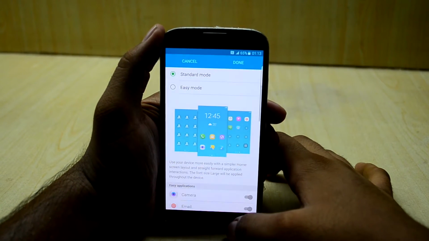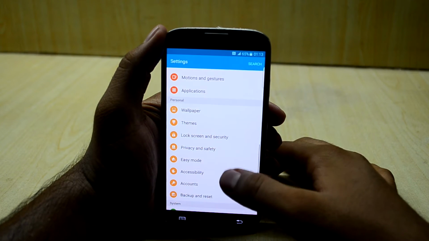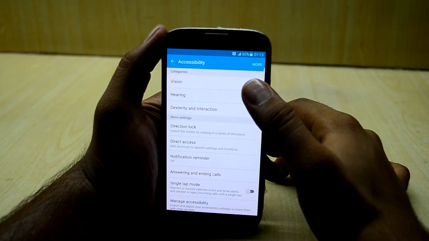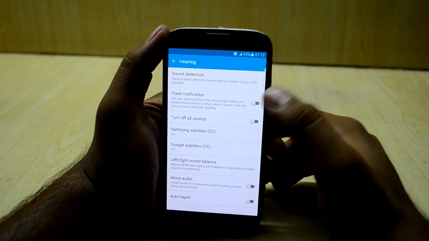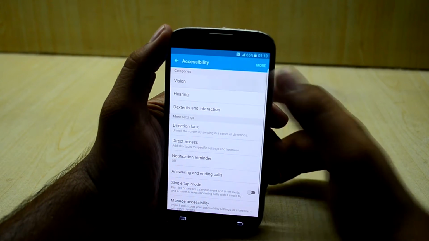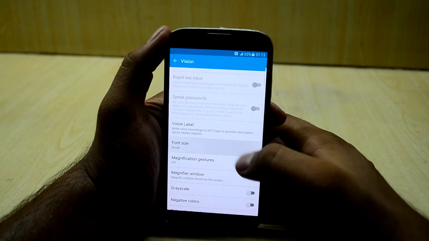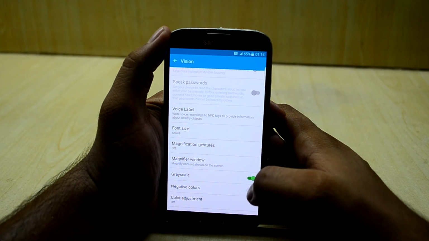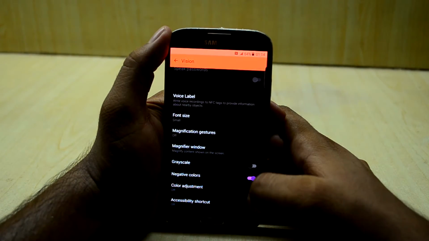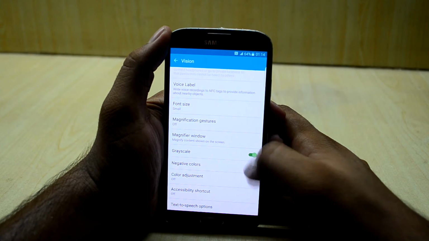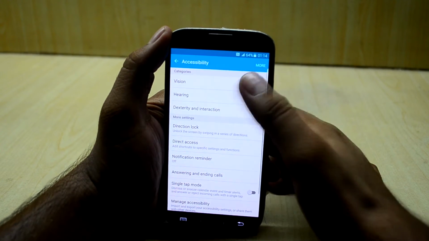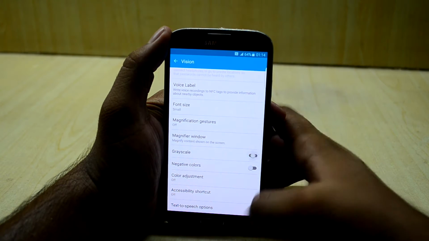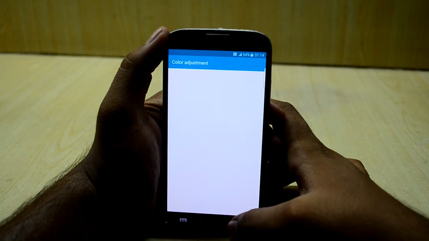And you also have the easy mode right over here, and you have the accessibility settings, you have the hearing, visions, and I always turn on the flash notifications. You have the vision settings, in which you can set the font size. You also have the manipulation gestures, you have the grayscale mode, and you have the negative colors as well. And I don't think the grayscale is working, and let's turn it off. You have the color adjustments,